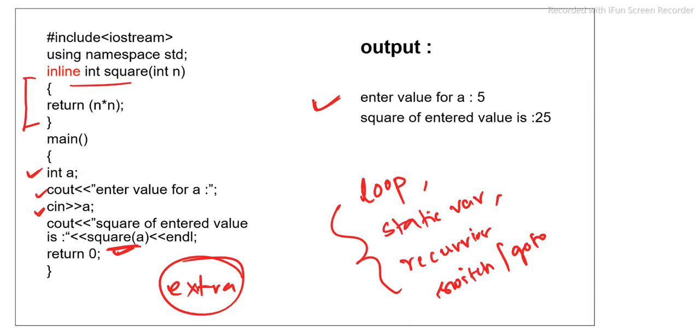And sometimes, if more inline functions are used in a program, in that case the binary executable file size will be large, which may cause thrashing of memory. The binary executable file size will be more, so memory thrashing will be there, which may lead to a decrease in computer performance. So this is also a big disadvantage of inline functions.